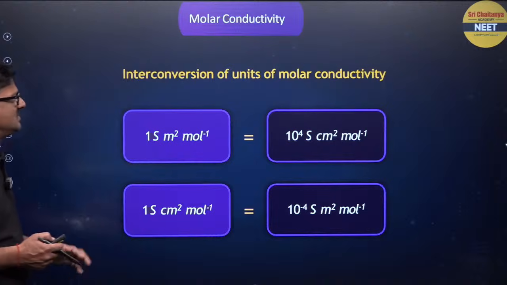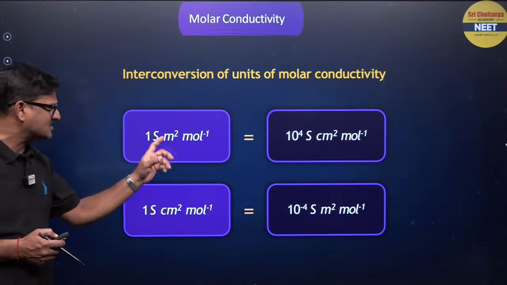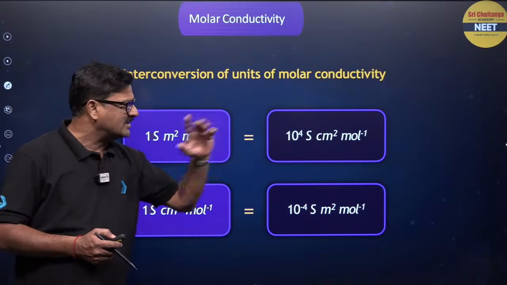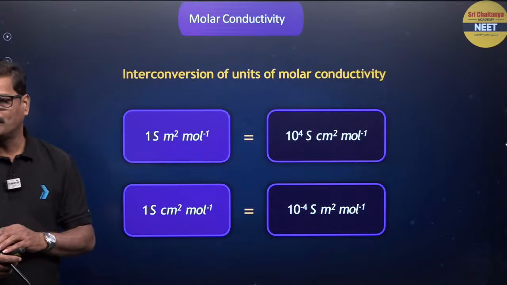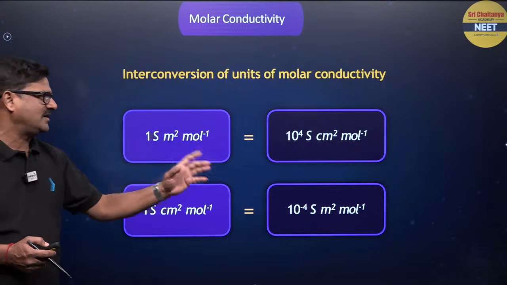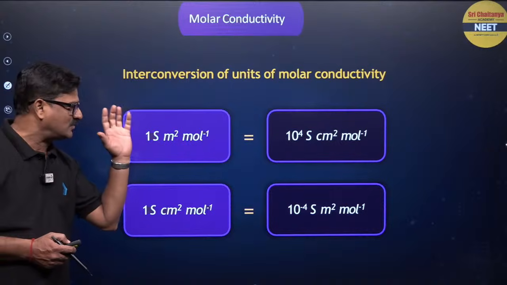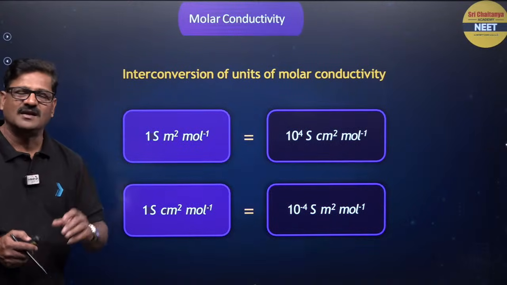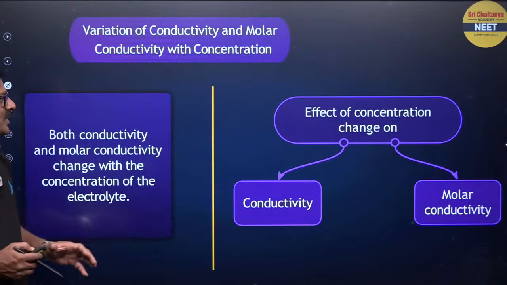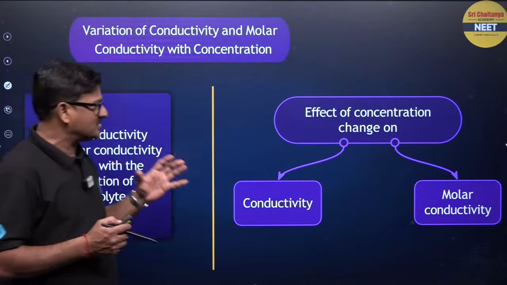And I want to say interconversion: 1 Siemens meter square mole inverse is going to be 10 power 4 Siemens centimeter square mole inverse, right? So from Siemens centimeter square you can do a conversion, because some questions in the NCERT are directly given in SI units. Okay, so effect of concentration change,